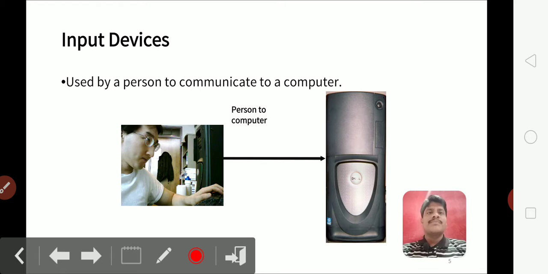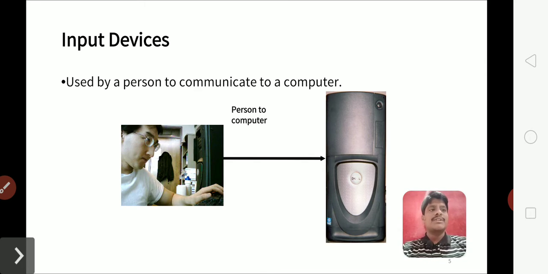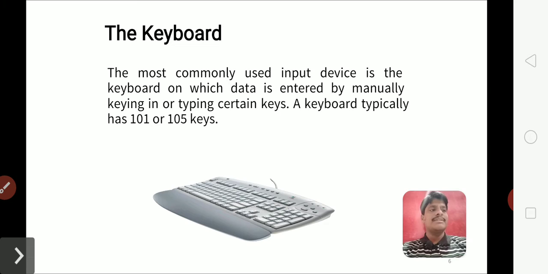First and foremost, an input device is used to communicate with the person. Whatever the person wants to ask of the computer, there should be some device with which the human being can interact. So this particular input device acts as a communicating medium between your CPU and yourself, right? We can observe in the diagram the person trying to communicate with the CPU, and whatever requirements are given by him will be served. The first input device, your most familiar one, is the keyboard.